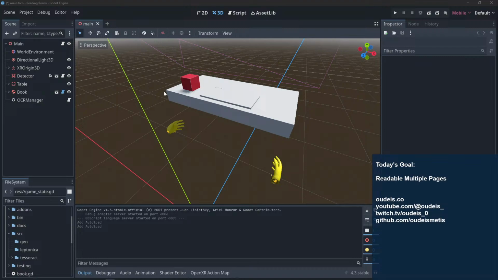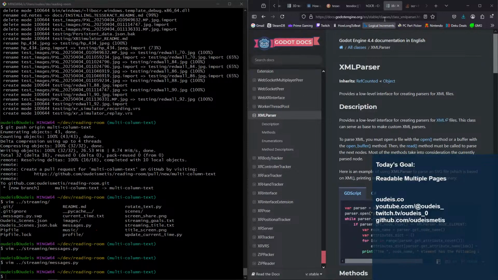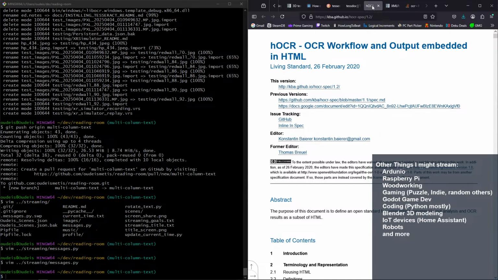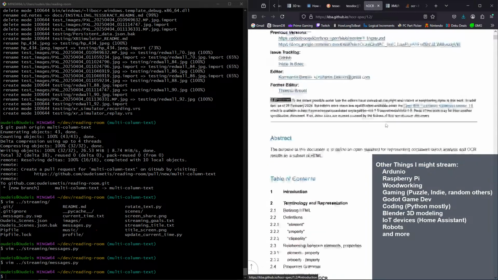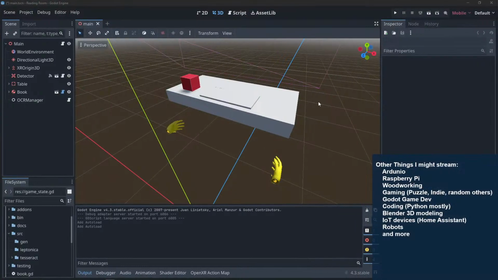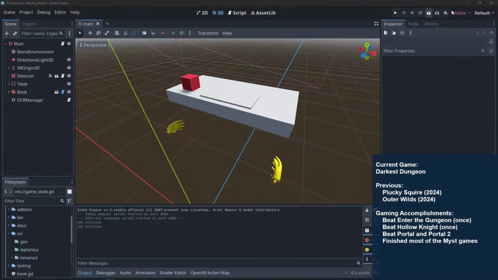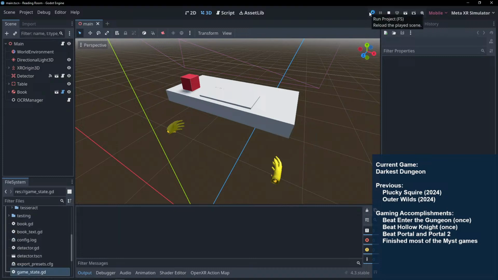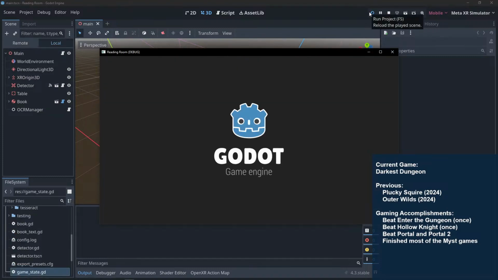So Hawker, what is Hawker? So I'm calling it Hawker. It's HOCR. I guess it's embedded in HTML. So it's HTML OCR. Okay, so I gotta parse this nonsense. So let's start by just getting some of the nonsense. So I should be able to just run this, and it should just work with the recorded